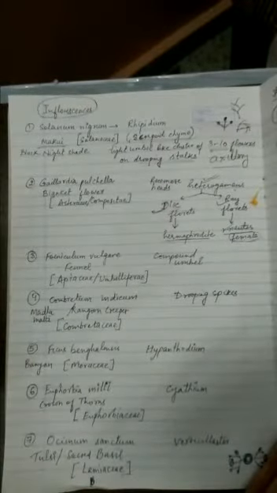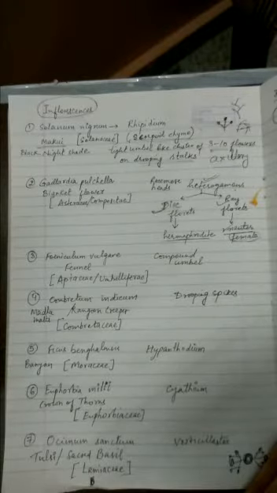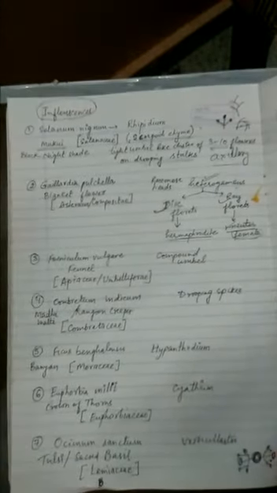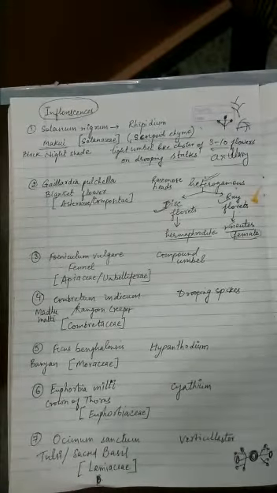Now the next one is Foeniculum vulgare. I have already covered this also in the classes. Where is the flower gone? Yes. Foeniculum vulgare is the saunf, or what you call in English fennel, and its family is Apiaceae, or Umbelliferae. Now in this family you will find compound umbels.